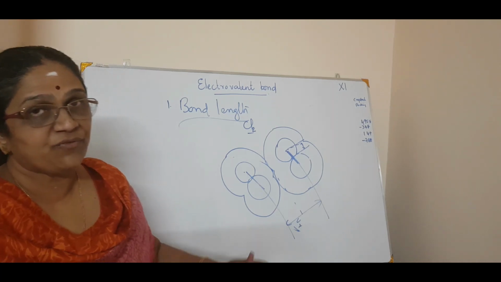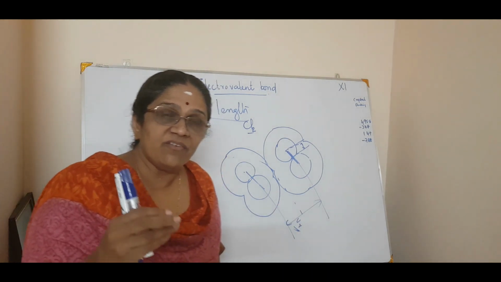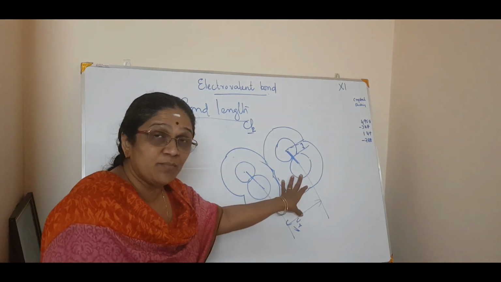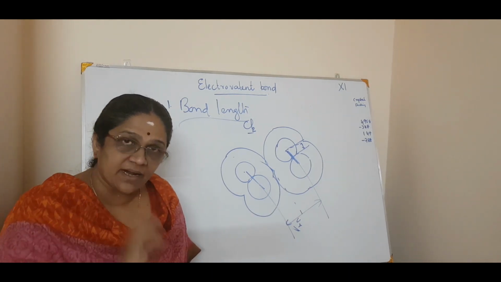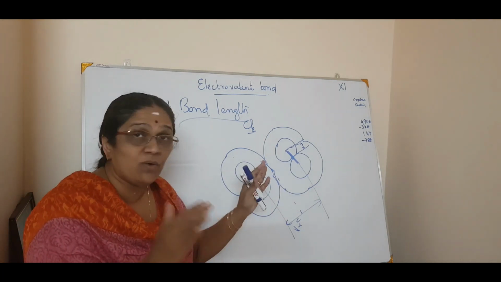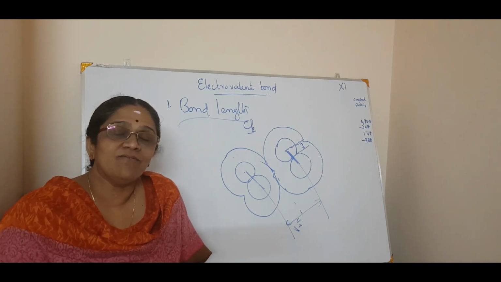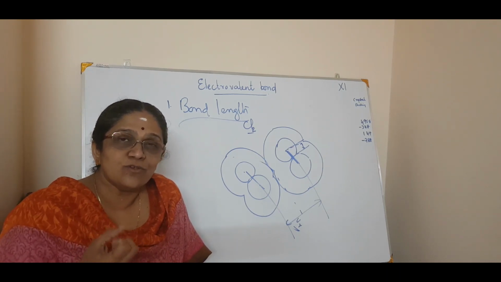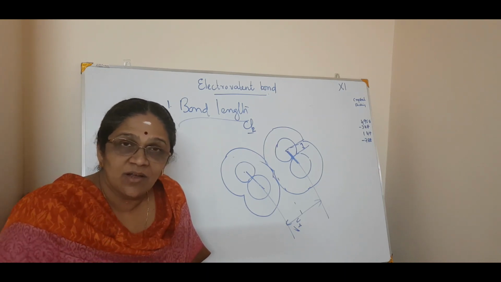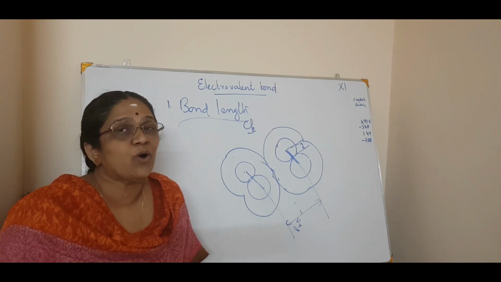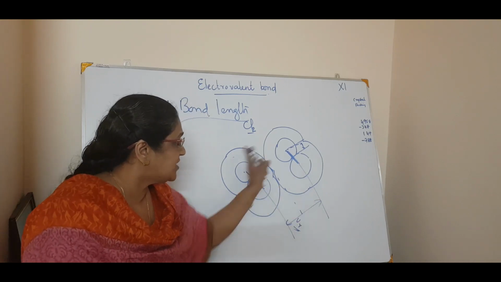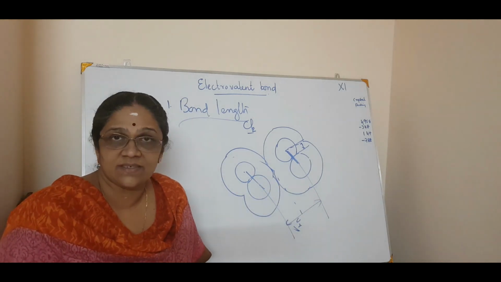Okay, so now we know the difference between covalent radius and van der Waals radius. Covalent radius is just the internuclear distance. Van der Waals radius means what? The isolated molecule, that means the valence shell is also taken, and the two adjacent isolated molecules combined together. Why? Because the van der Waals force of attraction always happens, and it's a very weak force of attraction. So that is how we calculate the van der Waals radius: half the distance between the centers gives you the van der Waals radius.